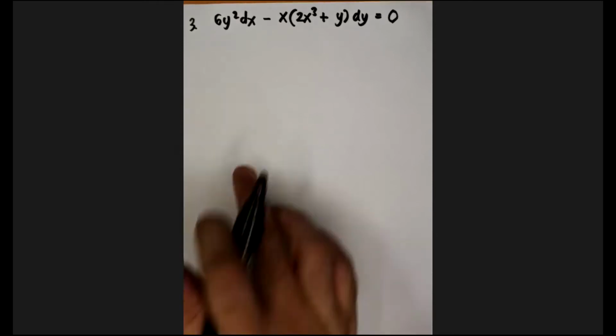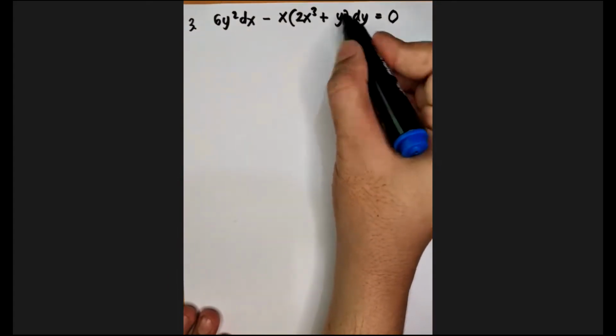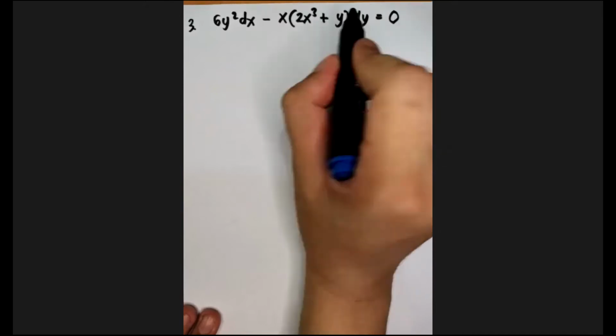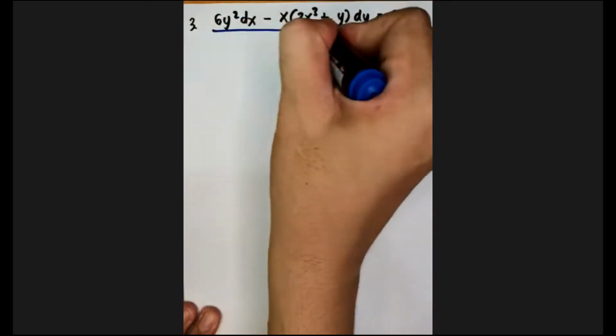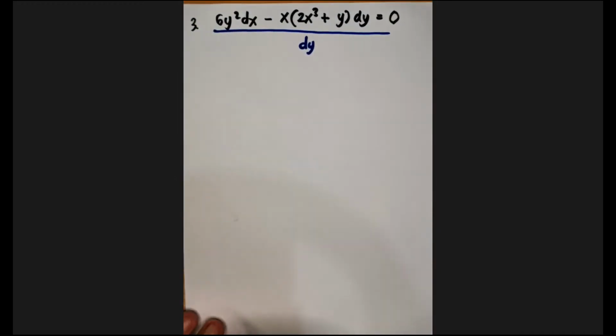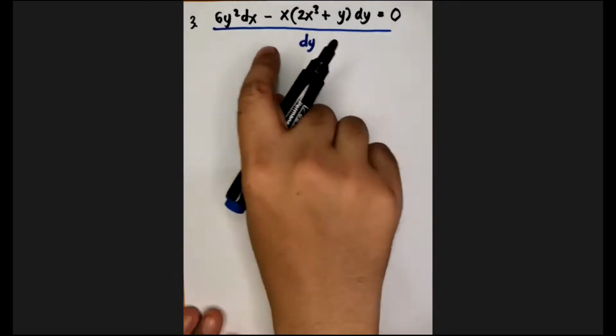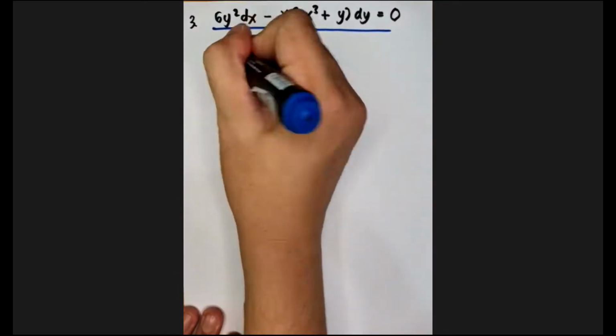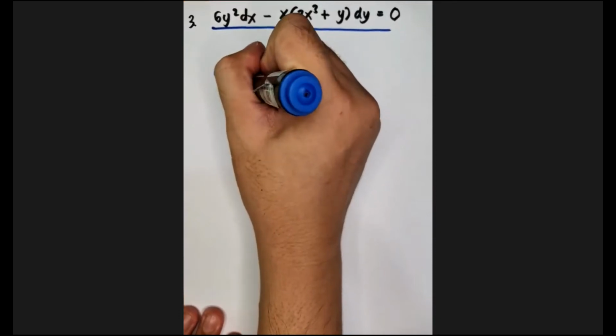That means we'll try to see if we can make it linear in x or Bernoulli with respect to x, not with respect to y. Because if we divide by dx, it's hard to divide. So we divide the whole equation by dy instead. The hint is that it's Bernoulli with respect to x, not Bernoulli with respect to y. So if we do that, we'll have 6y squared dx over dy